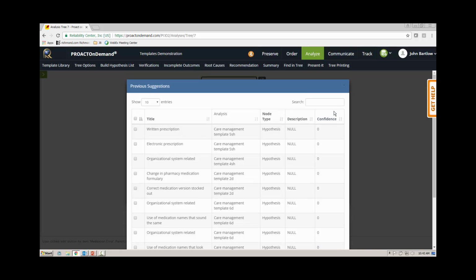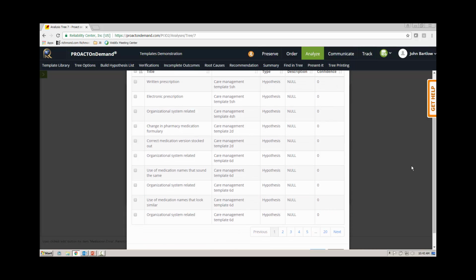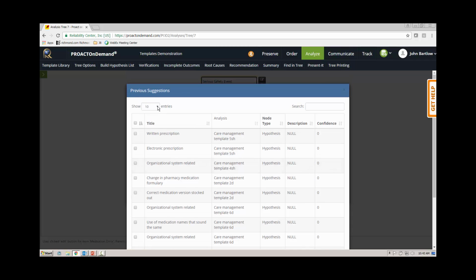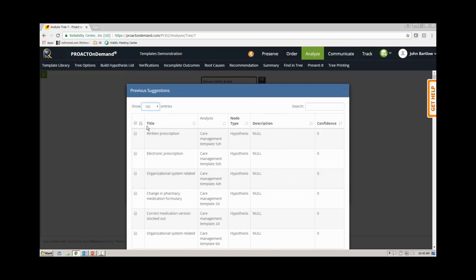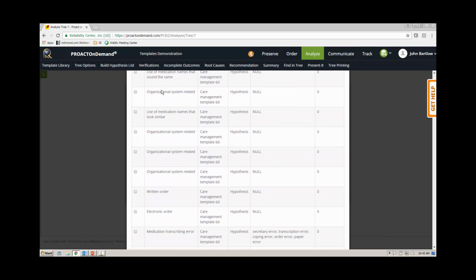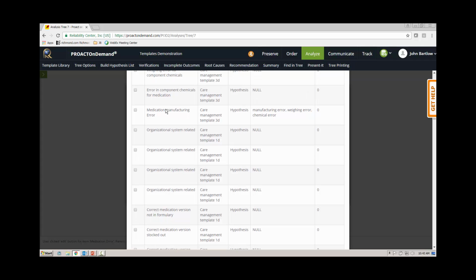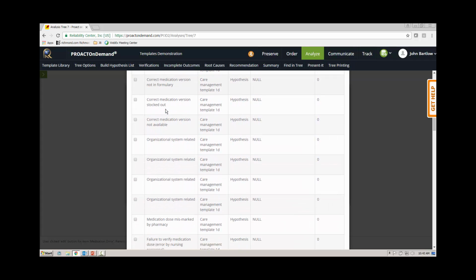And now, as you can see, this has brought up a pick list for me of all kinds of possibilities coming from the RCA template library. And I'm just going to expand the list. And there will be some duplicates in here, as they are being pulled from several different templates that may drill down to some of the same causes. But as you can see, there is quite a bit of possibilities in here that we may want to consider